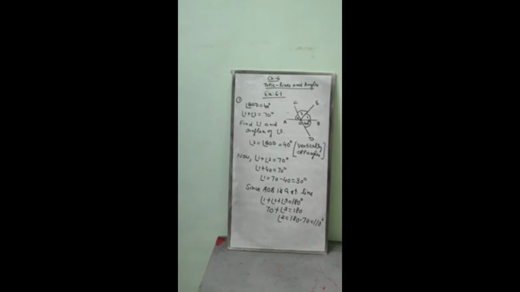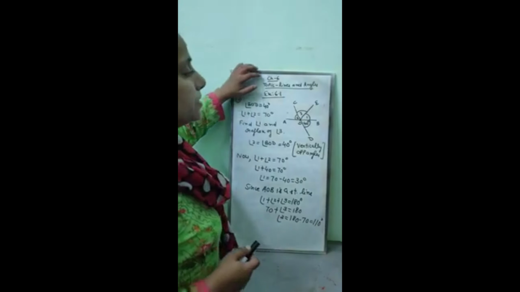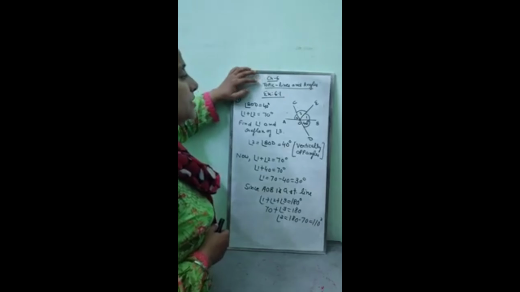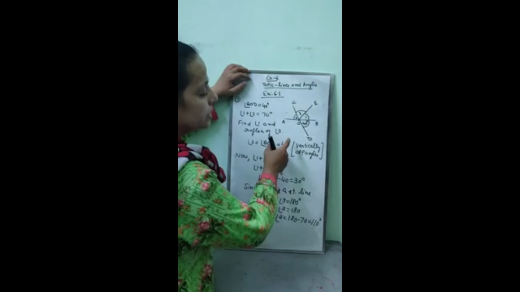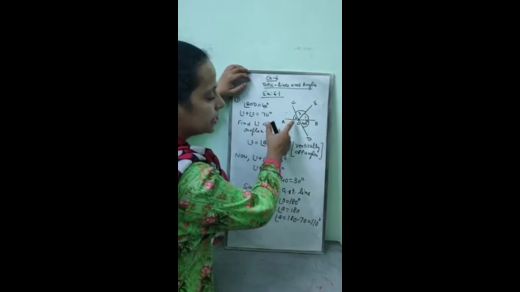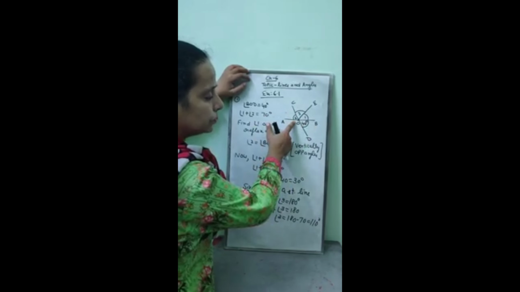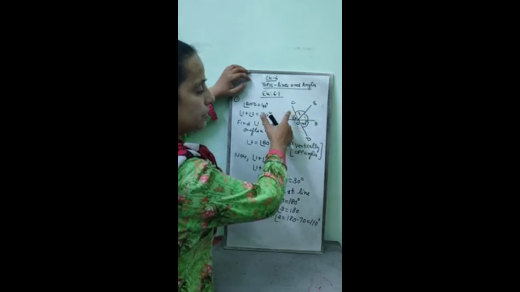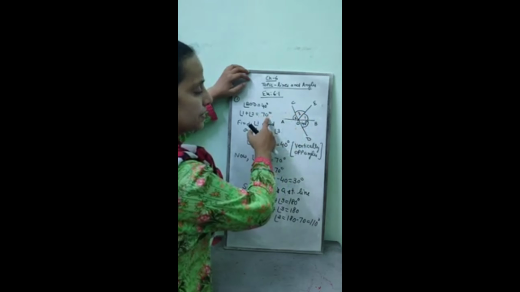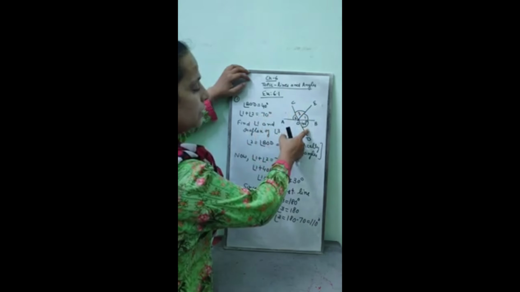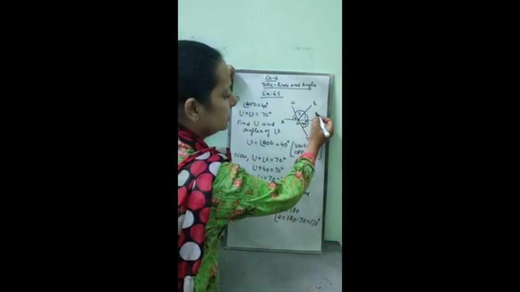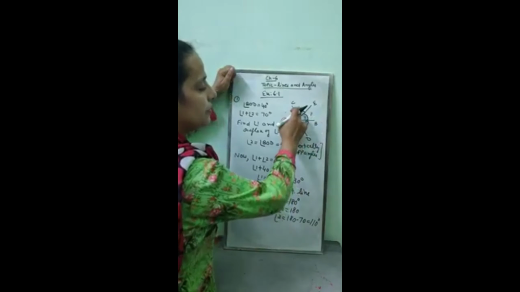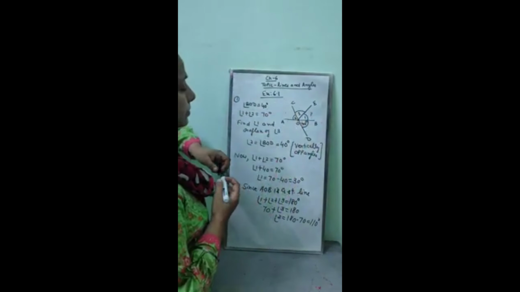Students, today we are going to discuss chapter 6. Topic is lines and angles, exercise 6.1. See, in your first sum, he is saying two line segments AB and CD intersect each other at O such that angle 1 and 2 together are making 70 degree. Angle BOD is 40 degree. You need to find angle 1 and reflex of this angle, angle 3.